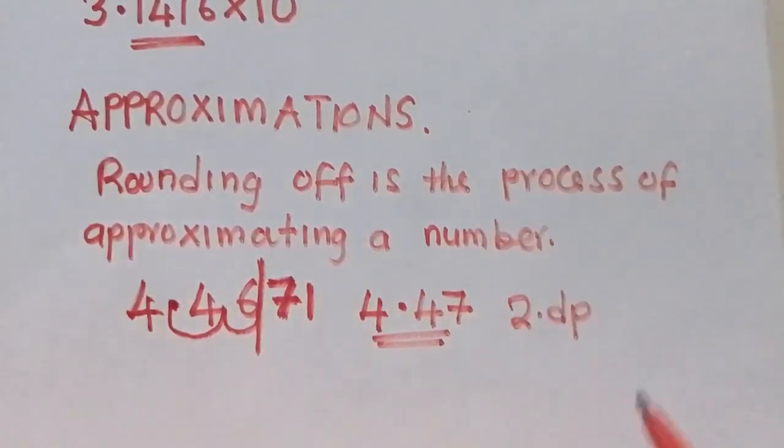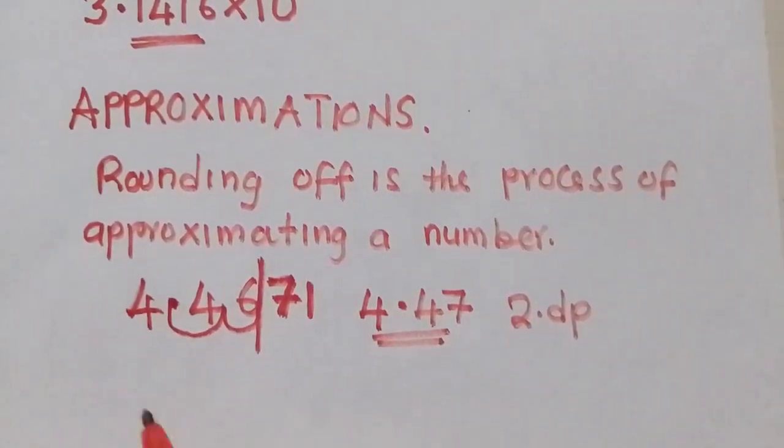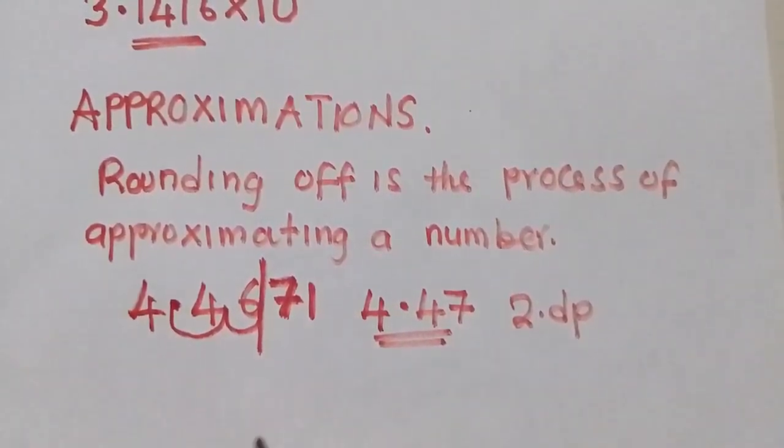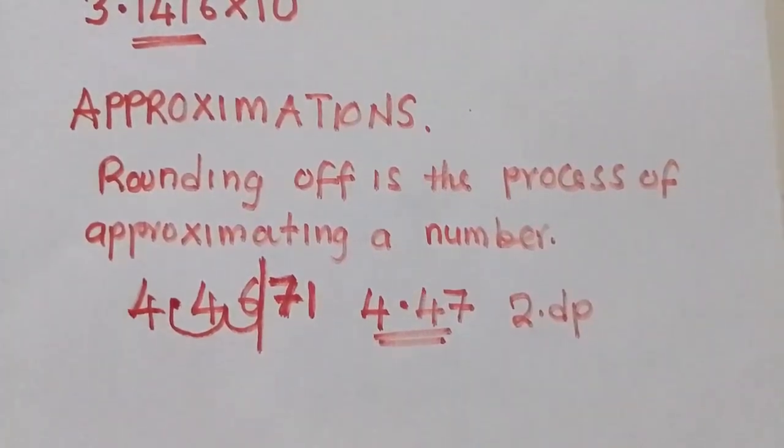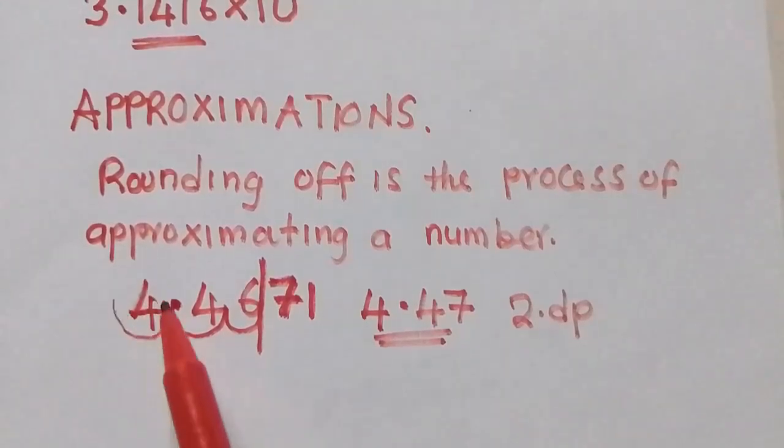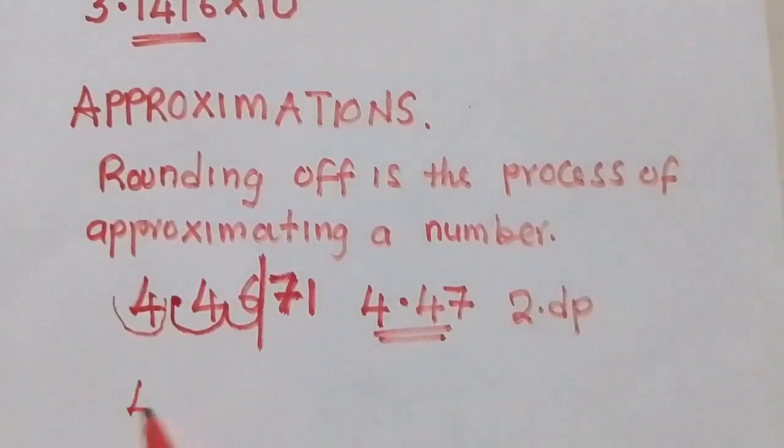So I've expressed to 2 decimal places. This is what I need to do. What if I'm told to express this number to 2 significant figures? If I'm told to express to 2 significant figures, I start with this number here. So it's 1. So I'm going to write the same number,